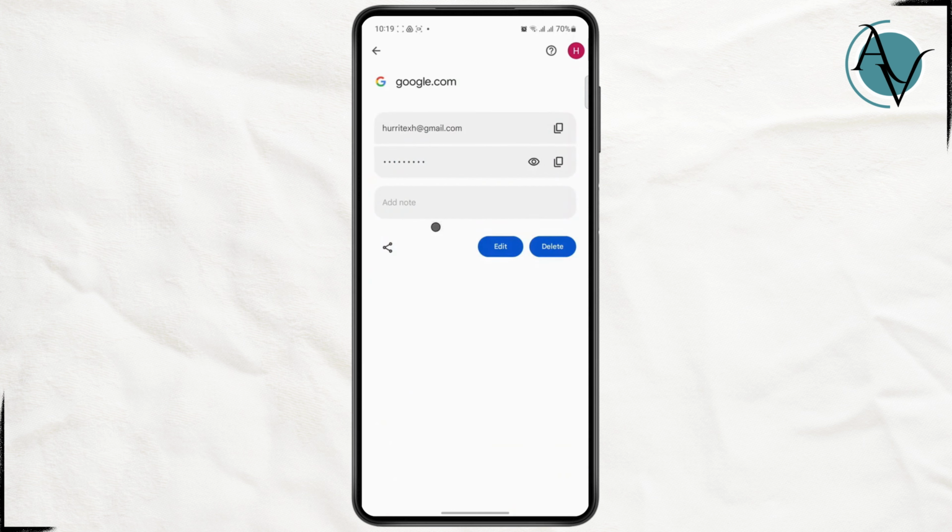Now you will be able to see your password. So you can see this little eye icon right here. If you press on this, you will be able to view your password. And it's as easy as